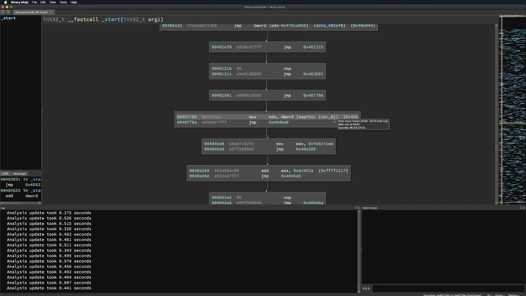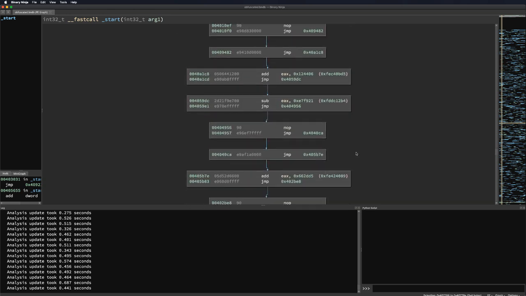And currently, Binary Ninja thinks that it's reading a hex 40 from the stack because that's what's in var 8. But at this point, because we're in an exception handler, a bunch of other stuff has been pushed onto the stack through all the things that happen when setting up an exception. And so it's reading a stack pointer out of the stack at this location. And so then when we come down here,